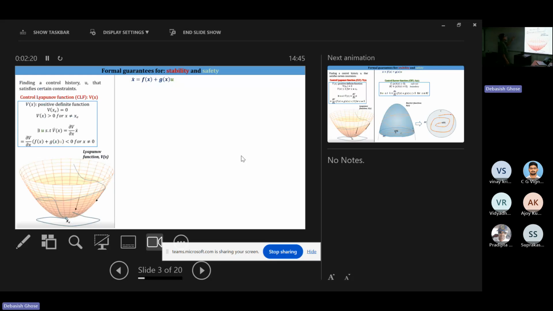Now there is this standard theory called control Lyapunov function theory, in which you define a Lyapunov function. So this Lyapunov function is kind of a